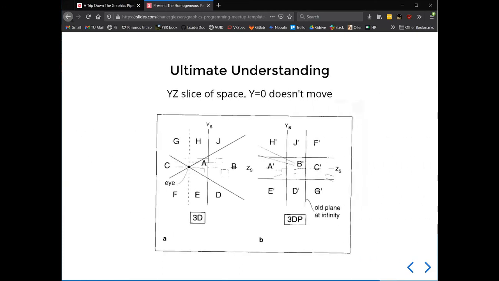This is, I think, the most complex, but supposedly the most telling diagram of the entire paper, showing the movement of different spaces around the scene. Unfortunately, a lot of these dotted lines were lost due to bit scanning, and it makes it a little harder to read. The pertinent details are, however, the frustum defined by the angles here, and how it's currently a box over here, and that's just because it's a projection and turning it into a box is what you want. But notice the movement of the areas on the other sides, where A and B are still here, but A is actually all the way behind the camera,